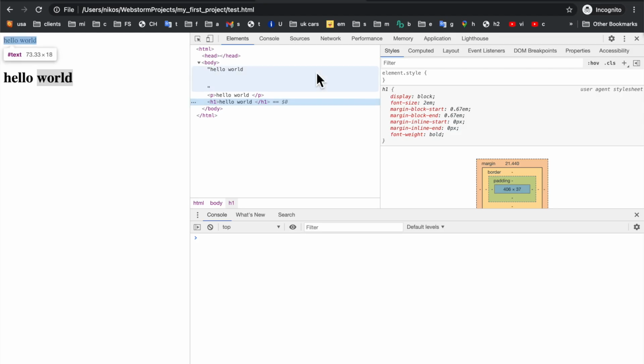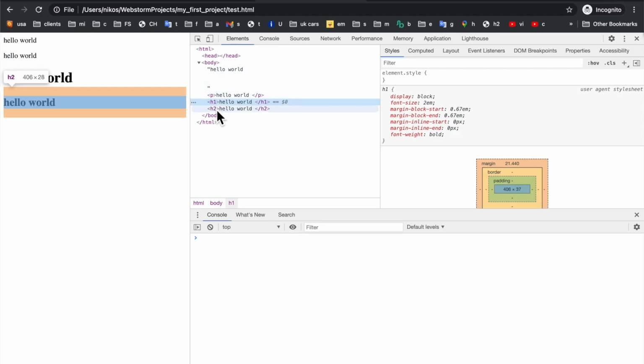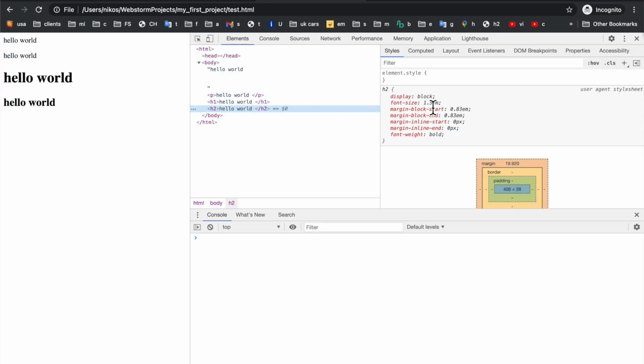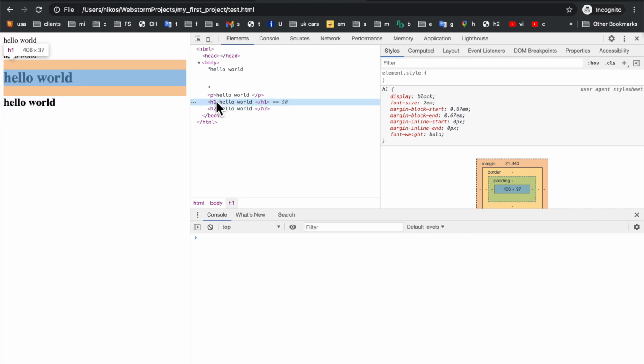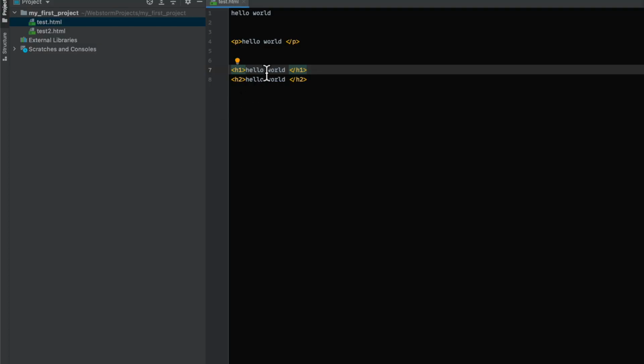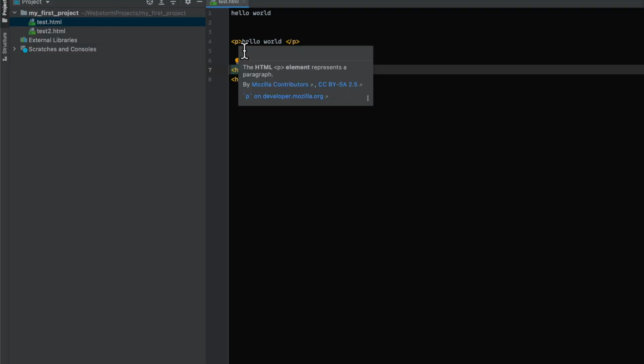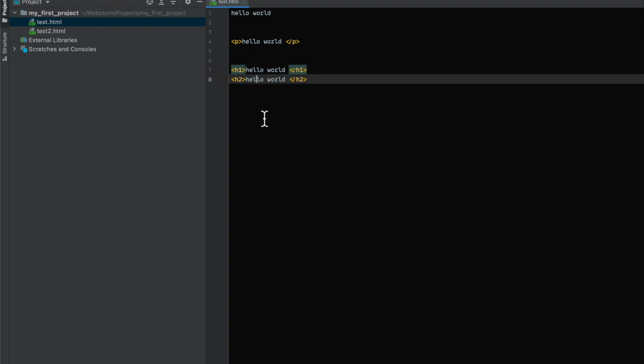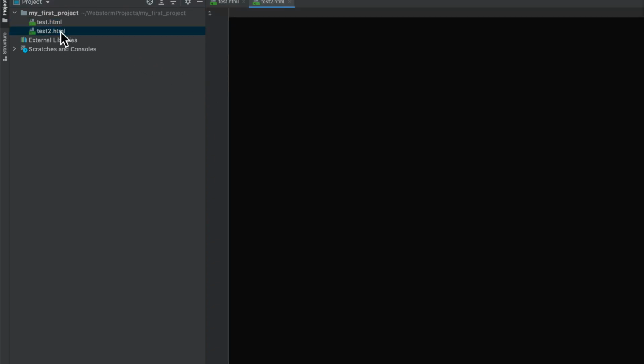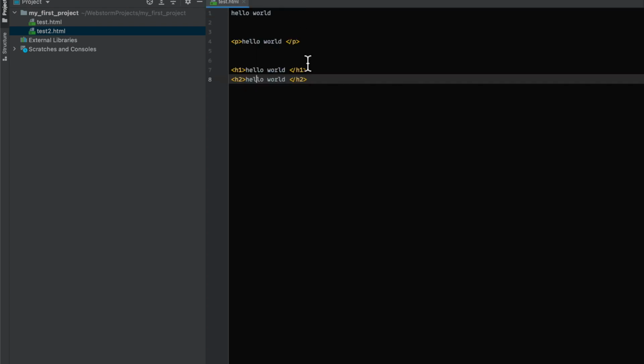So I'll go back to the web page, and we're just going to look at this H2 here, and we can see that this is a font size of 1.5, and that's just a default styling that all the browsers have for different elements. So what have we learned right now? We've basically learned that there's 2 elements. We can have a paragraph element and we can have heading elements, and there's also heading 1 and heading 2 element. So let's just go back to our other file here, and let's just delete this, because